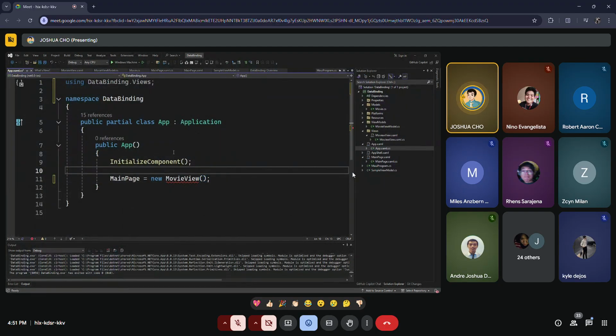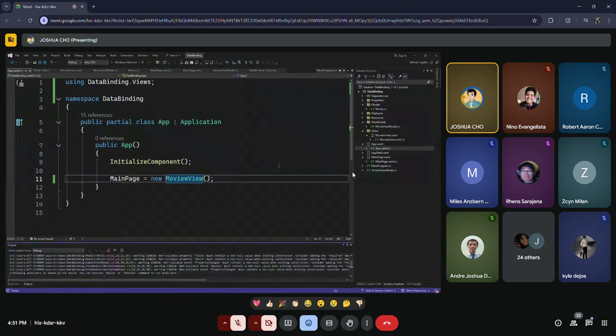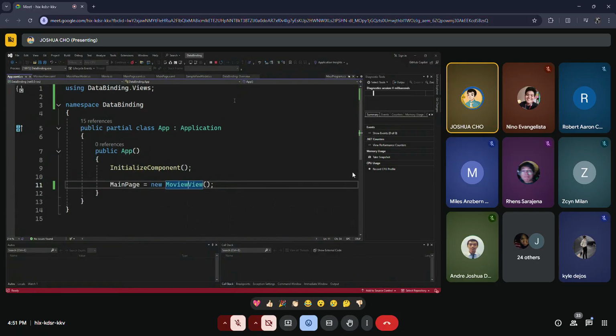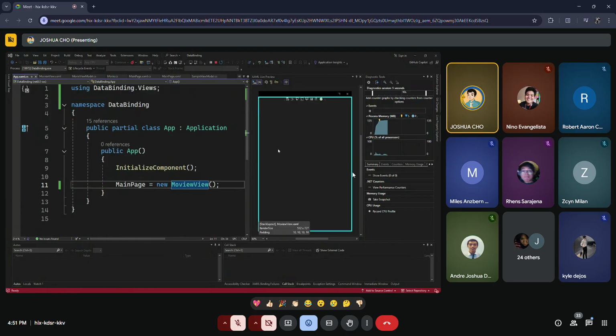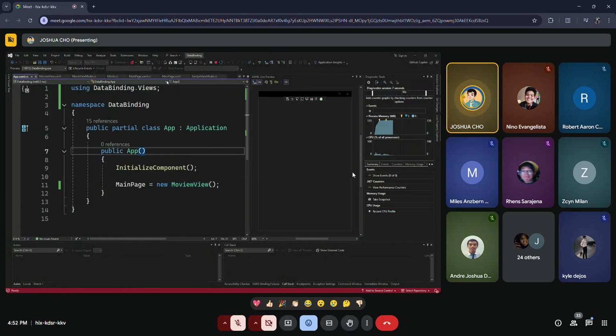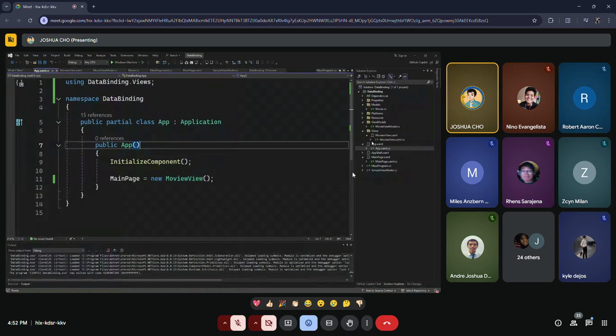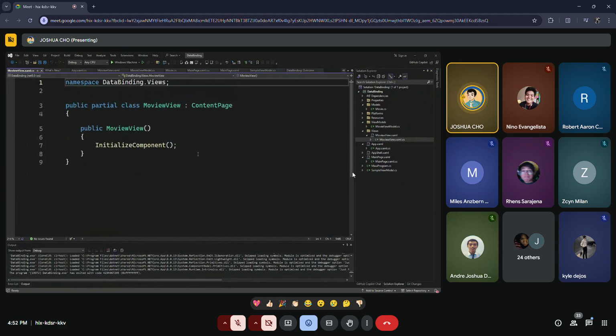Movie view type. Check the spelling. Okay, why display? In the view, okay. So you have to set the binding context still. So don't forget this one.